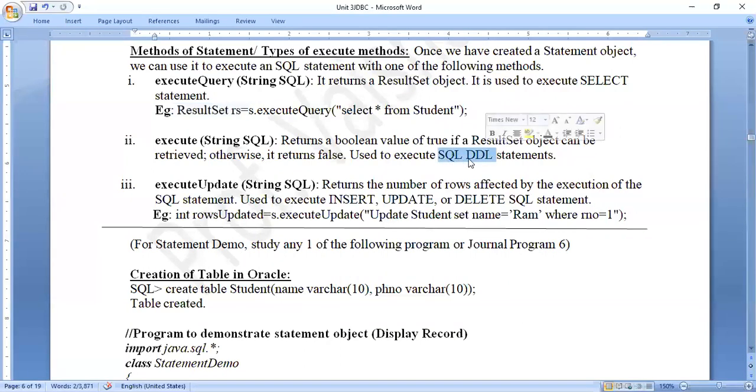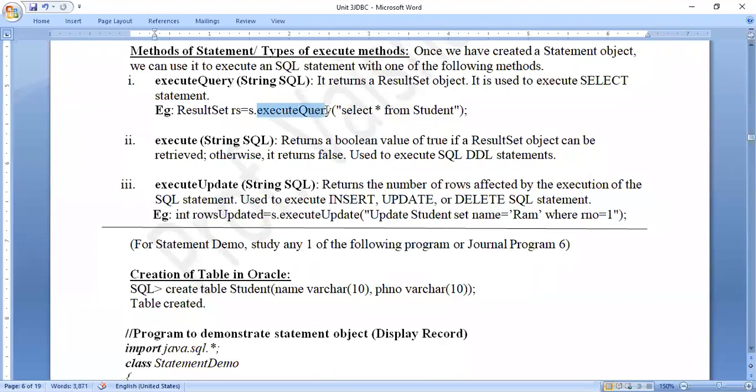So all these DDL type of statement, if we want to execute through Java program, we make use of the method called execute, not execute query. It is simply execute. And this method will return a Boolean value. If you look at the syntax of this, it returns a Boolean value whether it was successful or not. So if creation of the table is successful, it will return true value. Else it will return false value. Fine. So here you have to remember the return types also.